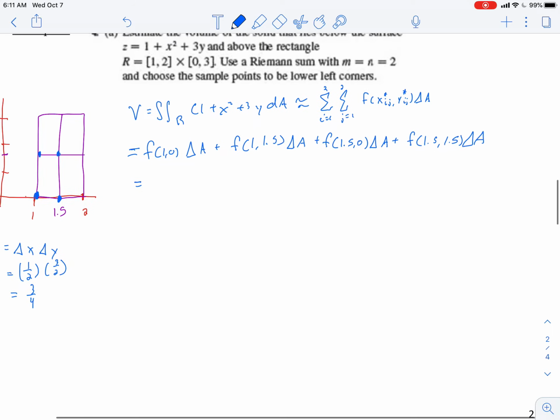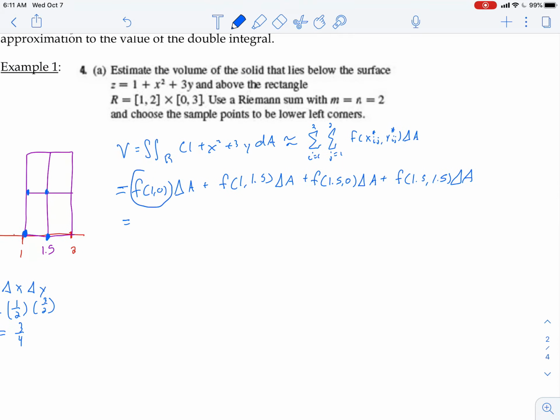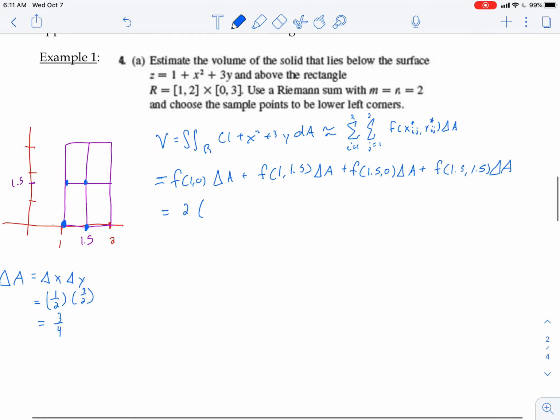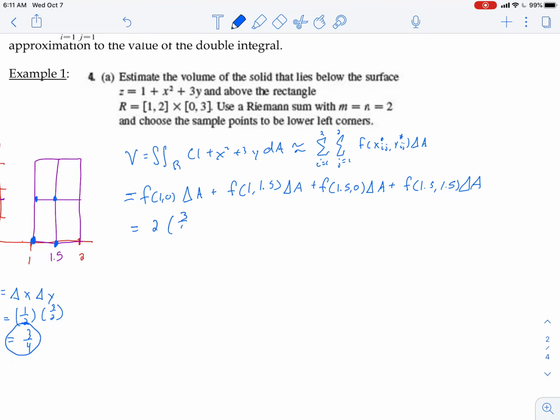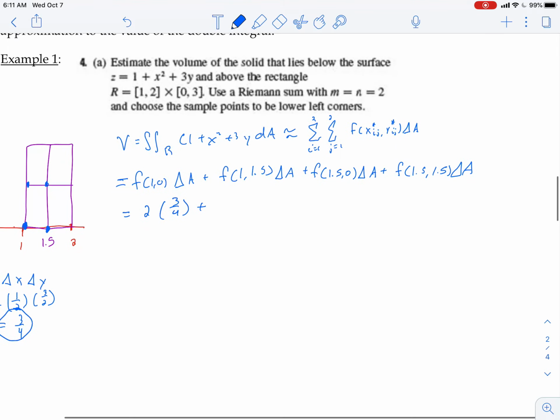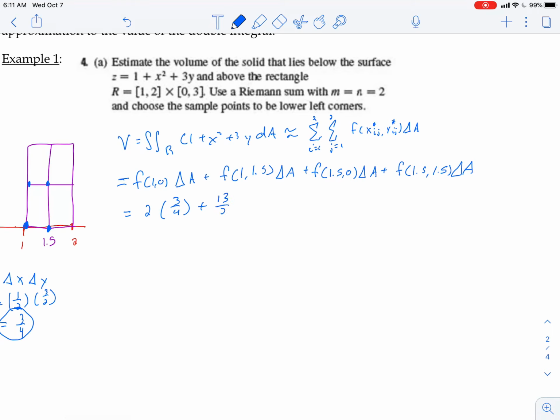Alright, so we have f of (1, 0). So we're going to plug this back into z. So when I do that, I get 1 plus 1 is 2, and then 3 times 0 is going to be 0. So the height is going to be 2 times my delta A, which again we found over here is 3/4. So it's going to be 2 times 3/4. And so now again I'm just plugging back into the function. So again, plug in (1, 1.5) into z, and we get 13/2